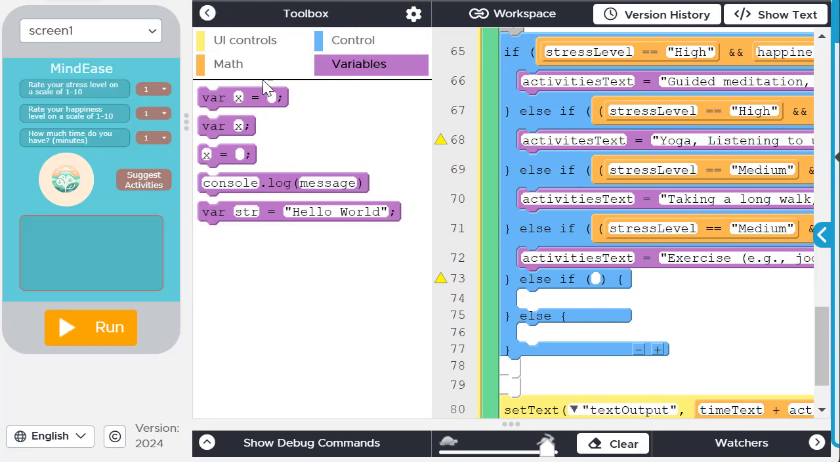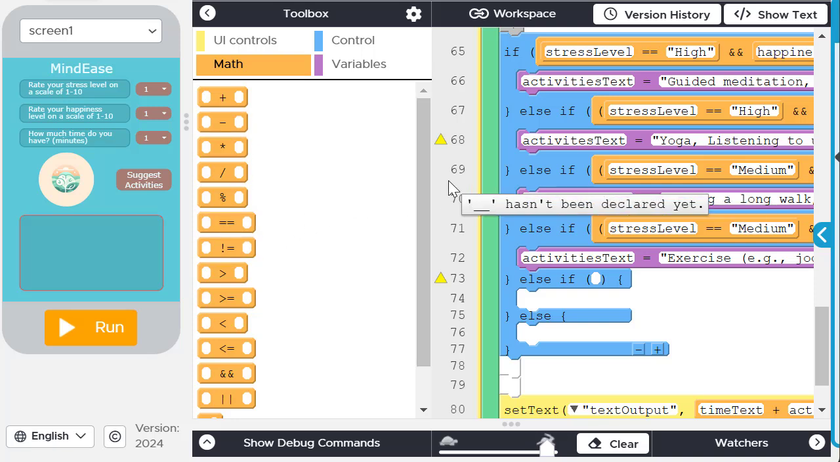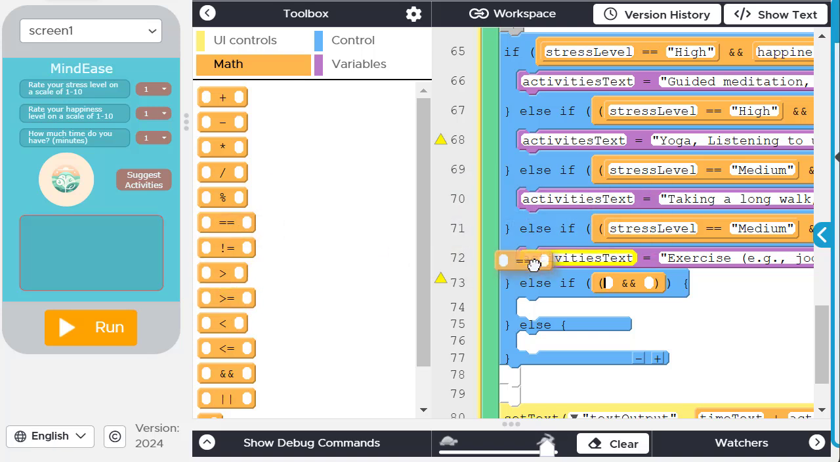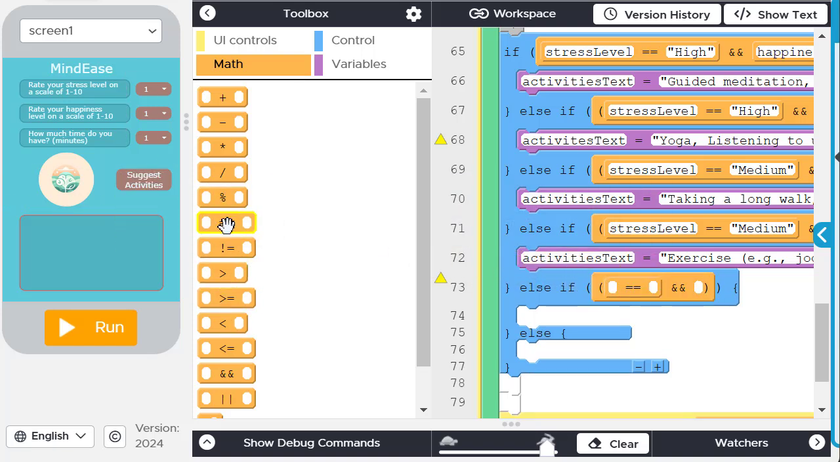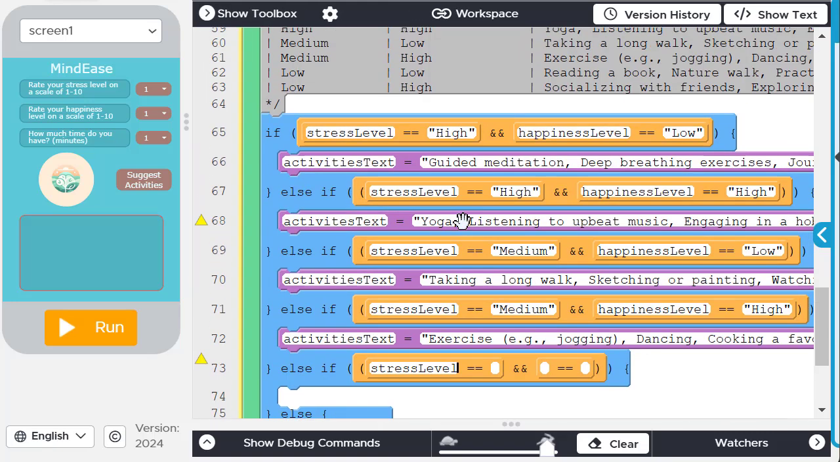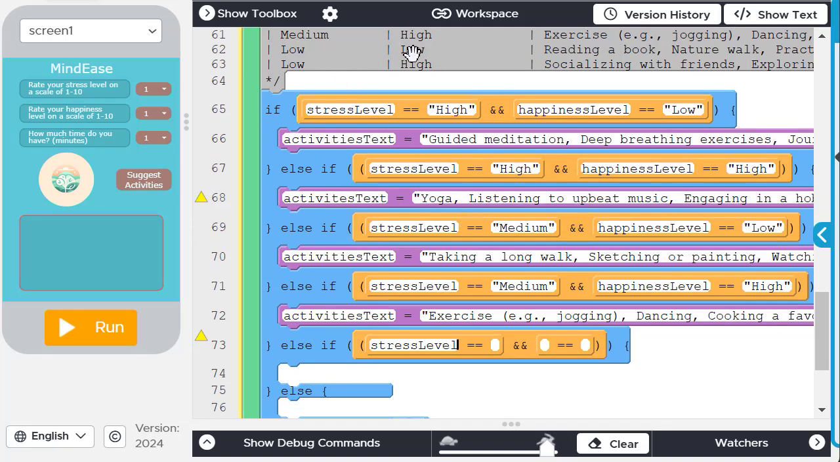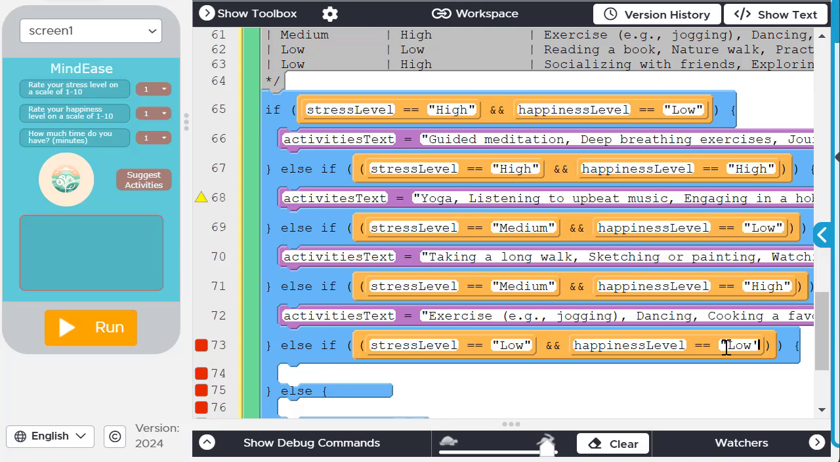So show toolbox, math. Okay, we need the AND operator. We need 2 equal operators. Equality operators, I think they're called. We need to have stress level. What's it supposed to be for this one? If stress level is low and happiness level is low, oops,